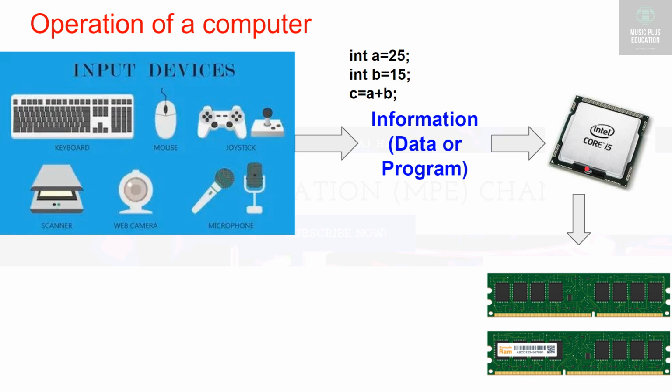Once it keeps it in the cache, why are we using cache memory? Because cache memory is the fastest unit. Why do we use cache memory here? To increase the performance of the computer. Otherwise, the processor has to go to main memory in order to fetch the data. It takes a lot of time, right?